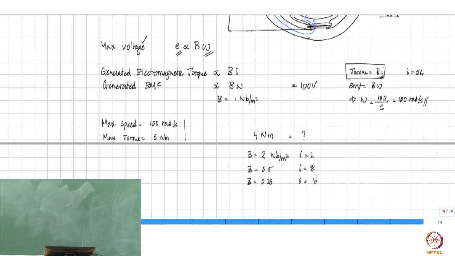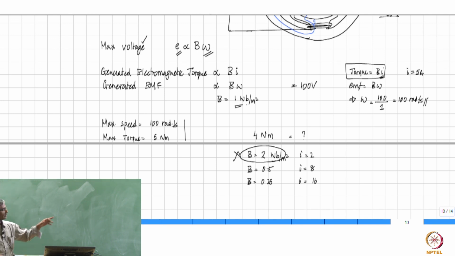You will choose the first option going by this, because that results in less than 5 ampere. That is the least among all these currents, right? But then the issue is that the machine is also designed to withstand only a certain maximum strength of magnetic field. You cannot go beyond that also. And therefore, B equal to 2 Tesla itself is ruled out. This is not possible. We said that B is only equal to 1 Weber per meter square, right? So that option is ruled out.